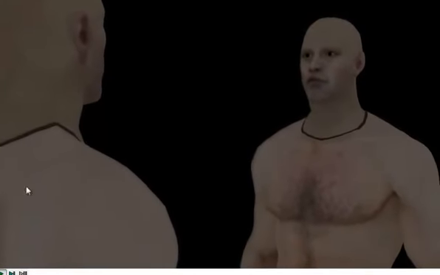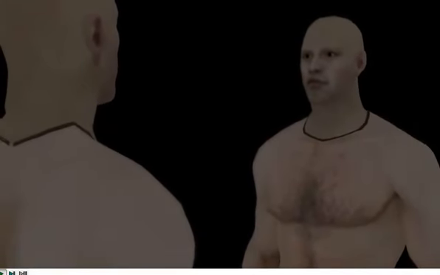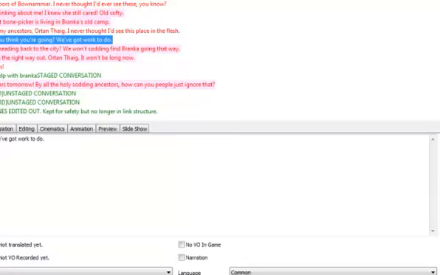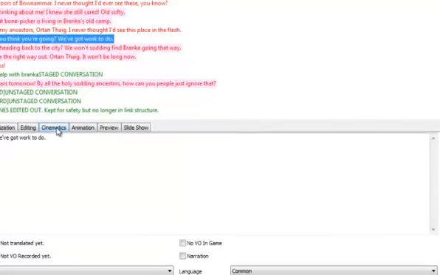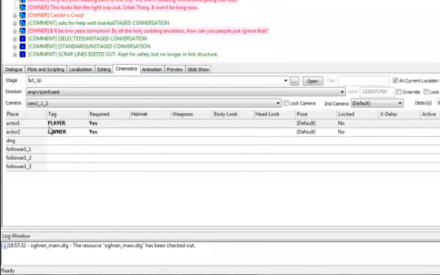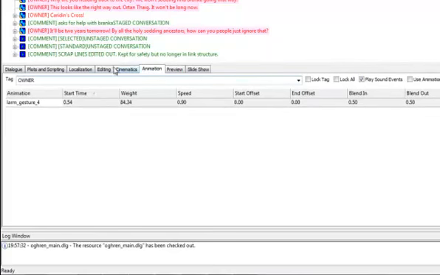Now, it has the default human male for everybody. If you really wanted to, you can go and change what everybody looks like. So you could change what the generic view was, but it's not really a big deal.